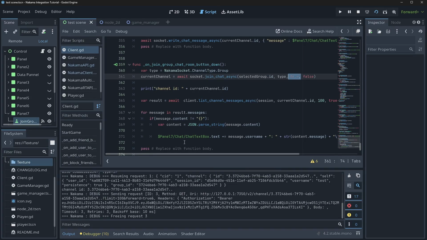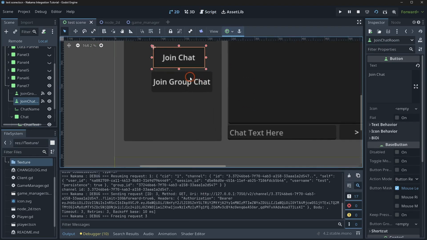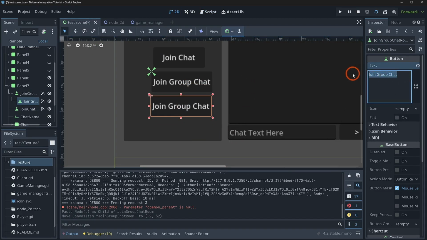So now the question is, okay, so how do I do peer-to-peer messaging? Well, it's not technically peer-to-peer, but how do I send messages directly to a user? Well, again, it's relatively simple. If we come into our stuff here, we Control C, Control V, join group chat. And then instead of join group chat, we have a